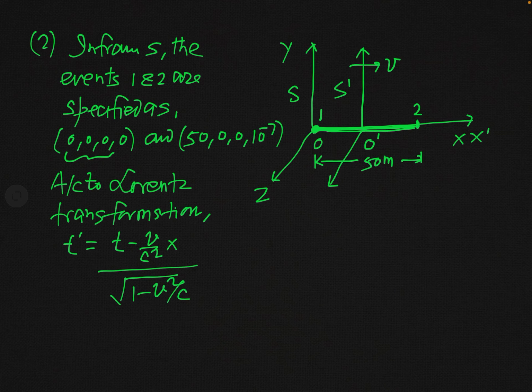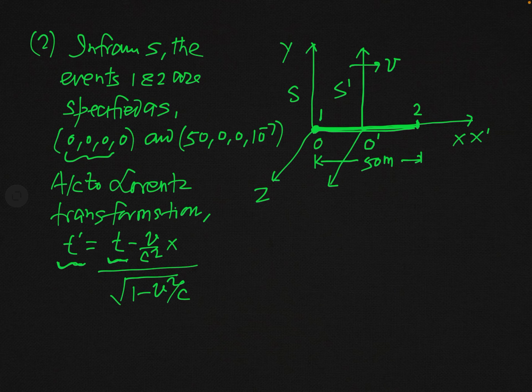Here you can see that this time t prime is the time noted corresponding to the time t measured in frame S. What does it mean? It means when the observer O says that the time of an event is t, then the same event is said to be taking place at time t prime with respect to the frame S prime. So using this formula we can find what will be the corresponding time of the taking place of the events 1 and 2 in frame S prime.